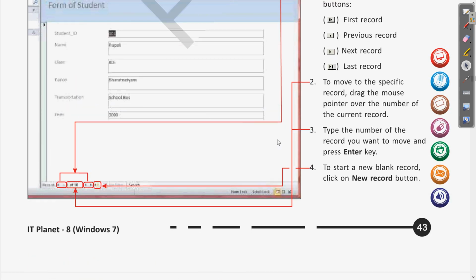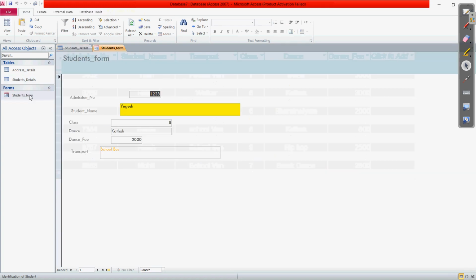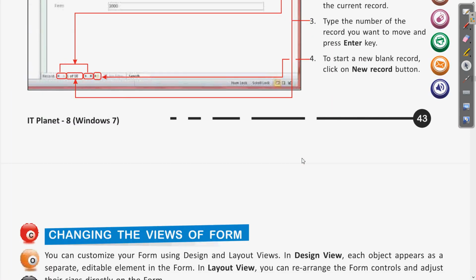Clear? So if I show you in the software window also, let us come to the software window. This was the table which we have created with all the details, and the form which we have designed. Here if I click on this student form, you can see the structure of how the form was designed. If you click on this next button, it will move to the next record. Clear? And if you want to enter a new record, here also we have the new record option, which will give you a blank structure in which we can enter the values on our own. So these were all the steps of how to create the form wizard and how to navigate.